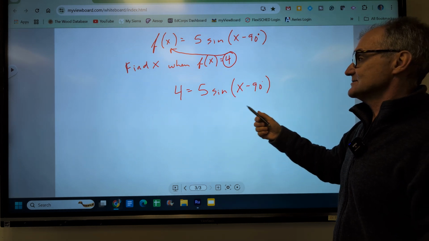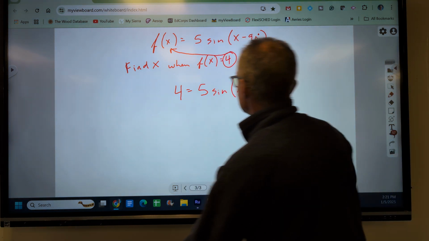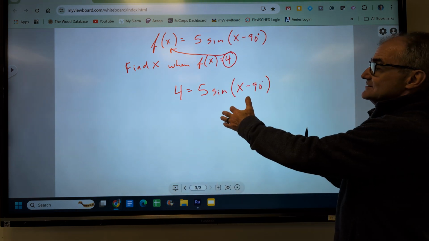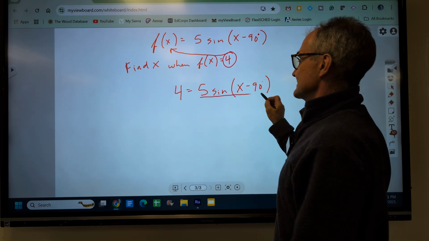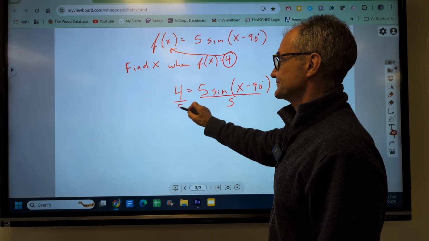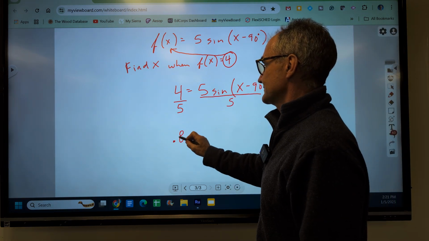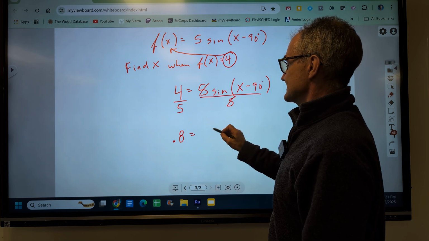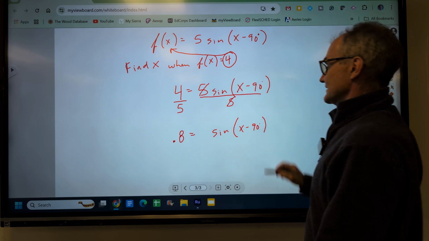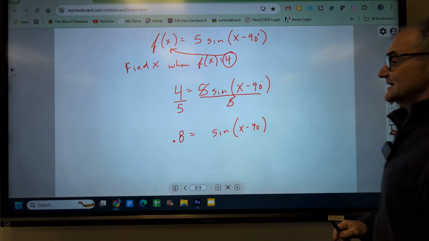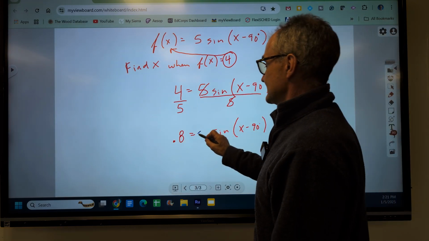How do I get x by itself? So I still use PEMDAS, but I reverse the operations. So I had to do the exponents first, but now I'm going to do them last, right? So I'm trying to get x by itself. I'm going to divide both sides by 5. I'm trying to get this by itself. 4 divided by 5 is 0.8. These 5's have canceled. That's equal to sine x minus 90. I can't get in here until I get rid of that sine. The way I get rid of a sine is I take the inverse sine of it. So I take the inverse